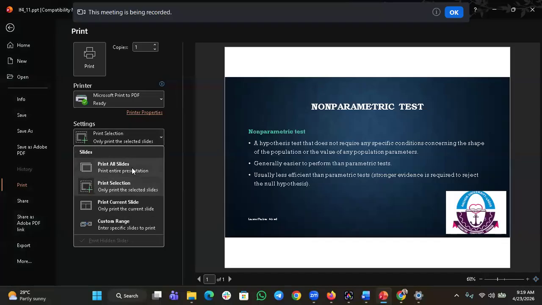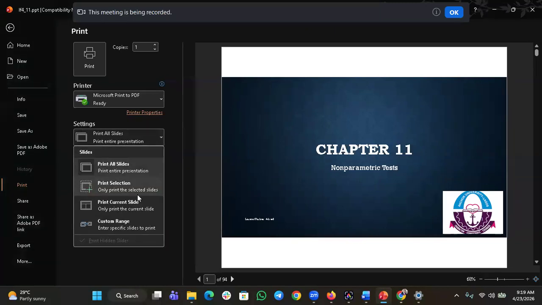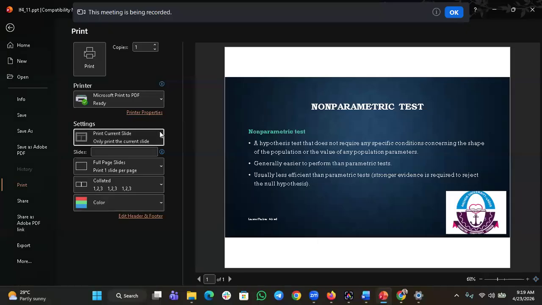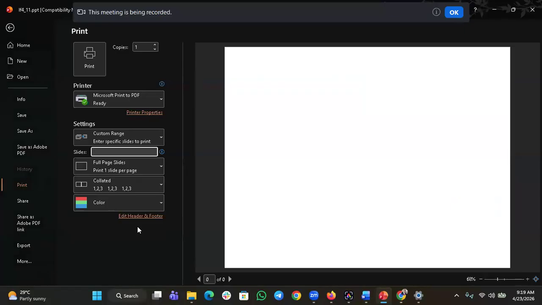If I click print all, it will start printing from the first page. It will print the entire presentation. If I click print current slide, it will also print only the current slide for me. Then if I choose custom range, maybe I want to print some selected pages. Then what are the pages? Maybe I want to print